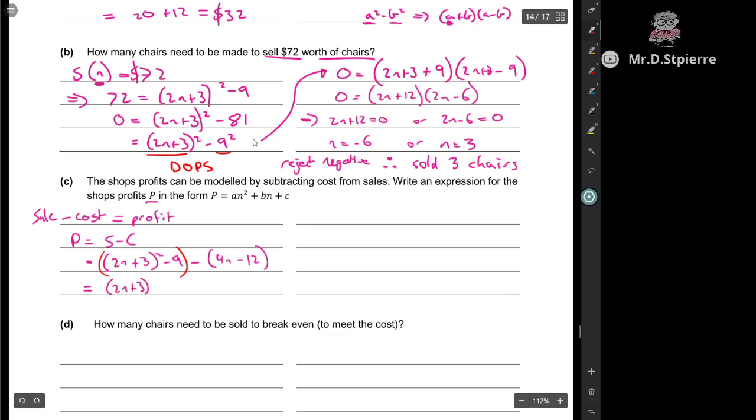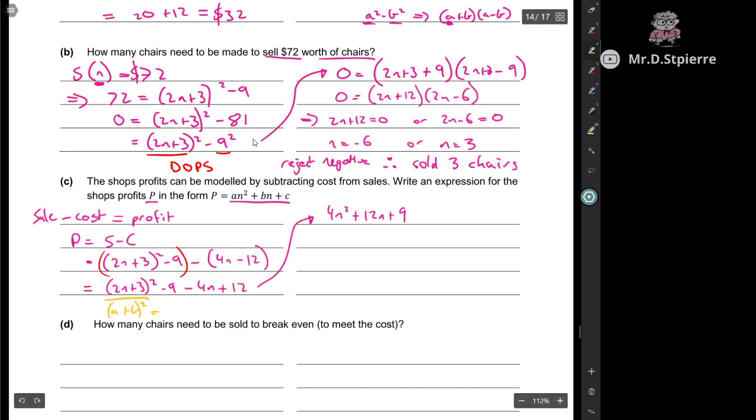2n plus 3 all squared, take away 9, take away 4n plus 12, because taking away the negative 12 turns into positive. We can expand that 2n plus 3 squared. Well, we're going to have to get it in standard form. So that becomes 4n squared plus 3 by 2n is 6n times by 2 is 12n plus 3 times 3 is 9. So I've just used the shortcut expansion to expand this square, which says if you have a plus